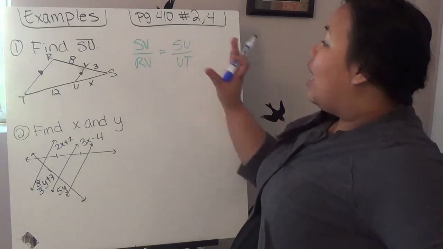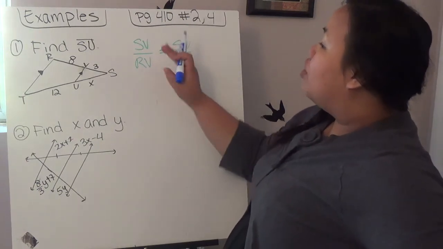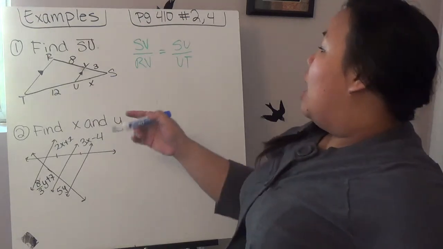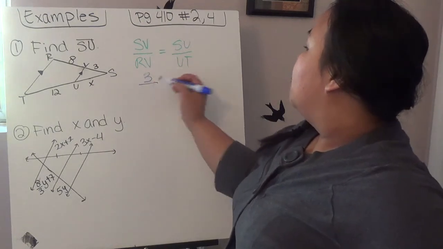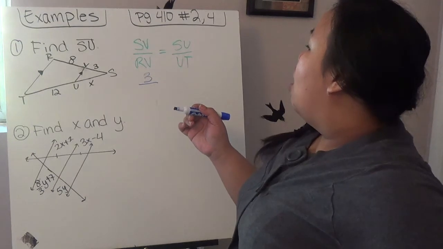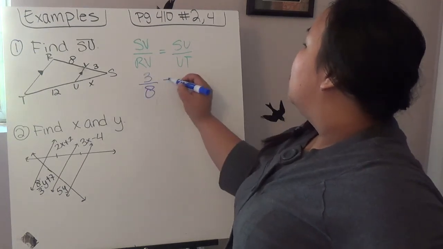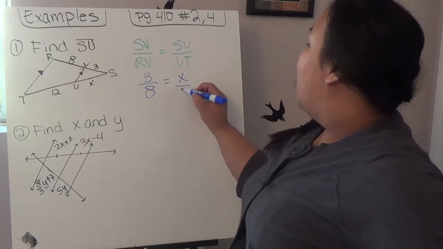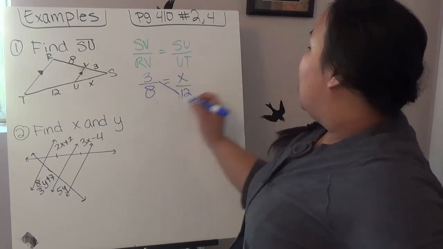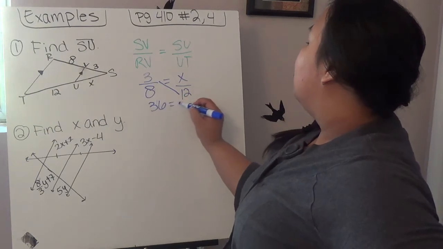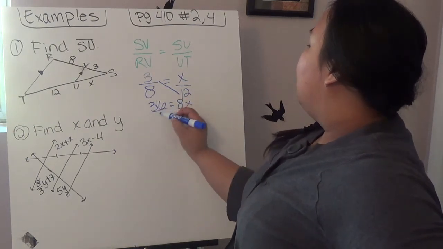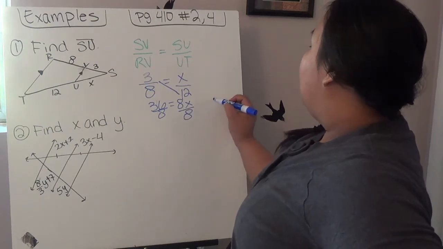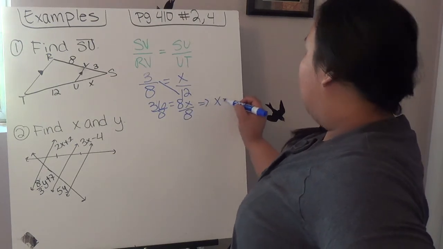Once I use a theorem to find this out, then I can go ahead and just solve and cross multiply. SV is 3, RV is 8. SU is X. And UT is 12. So then I end up with 36 equals 8X. Divide both sides by 8. I end up with X equals